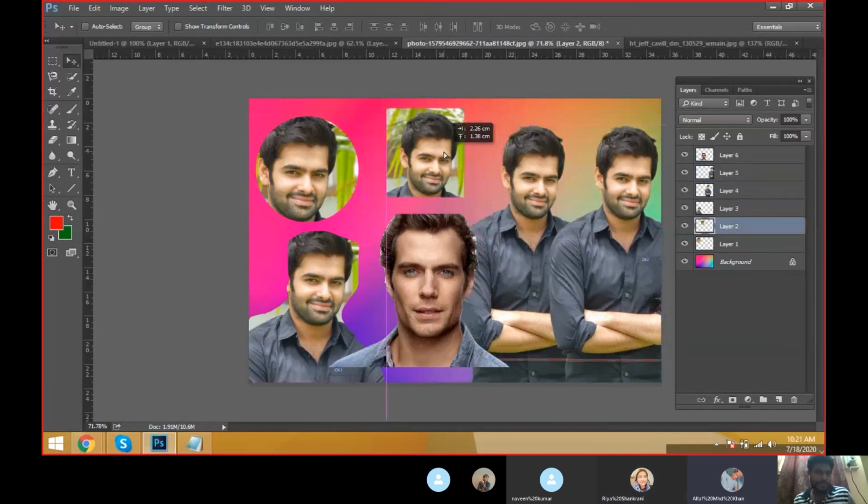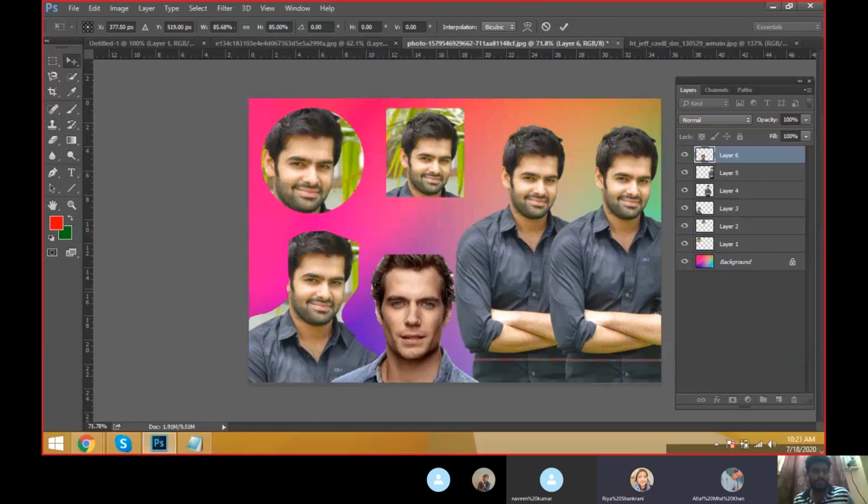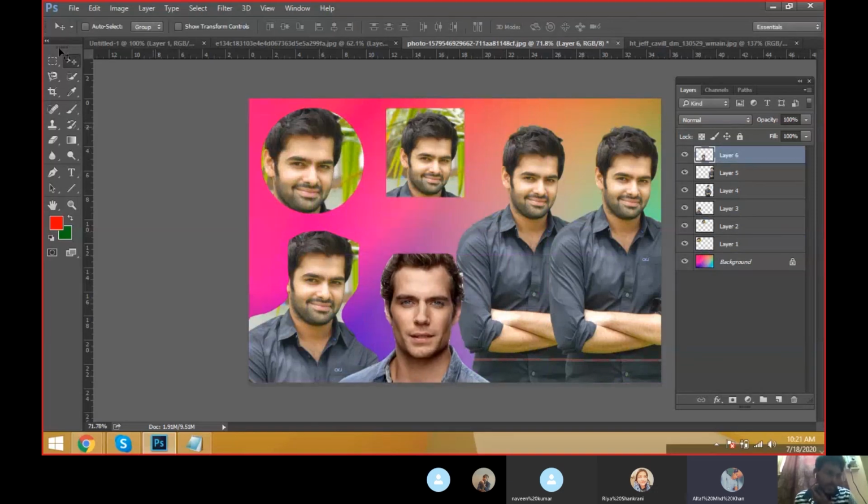And today we worked with rectangular marquee tool and magic wand tool. Like that, we worked with everything. Just practice, guys, this toolbox with these tools.